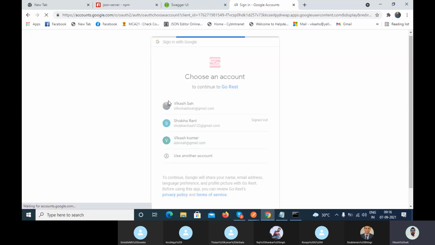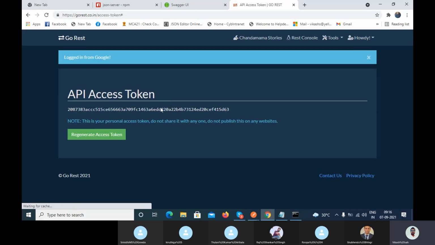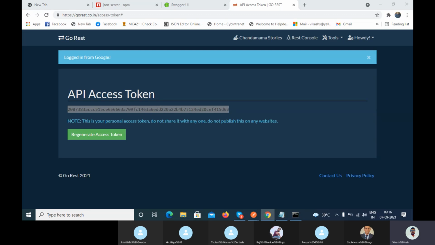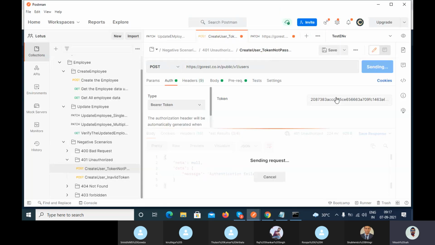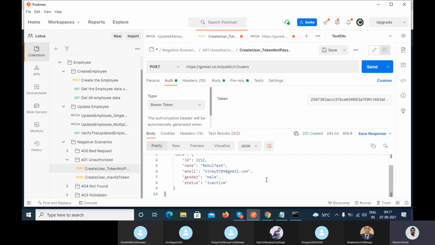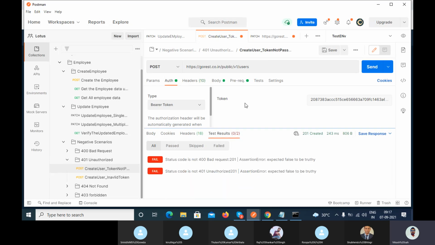I will go here and take the token from here, and then I can pass it here. Okay, now let me generate. Now you can see I am able to generate, right? And here, status code